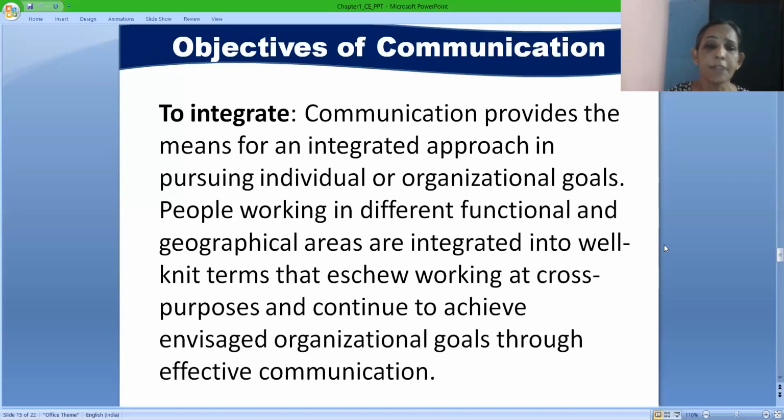In order to achieve this, you have to build up relationships. That rapport building happens only when you are good at communication skill. You need to understand that with the help of your communication, you can also develop your interpersonal skills, not only with others, even with your own self. For example, if you are not communicating the right thoughts to your mind, you turn pessimistic. So if you are talking about integration, it is very important to connect your positive thoughts with other positive thoughts so that you become an optimistic